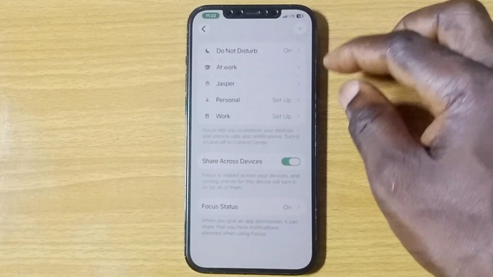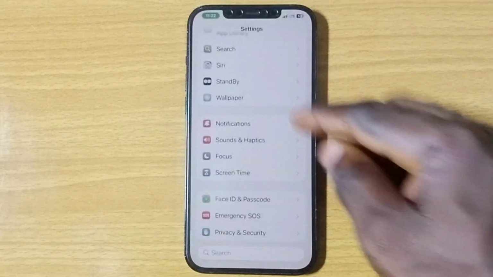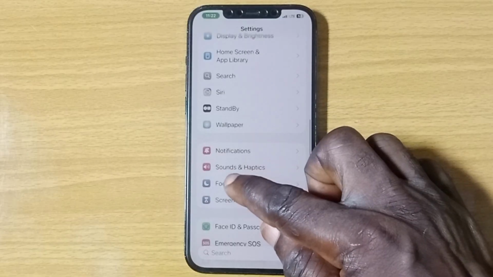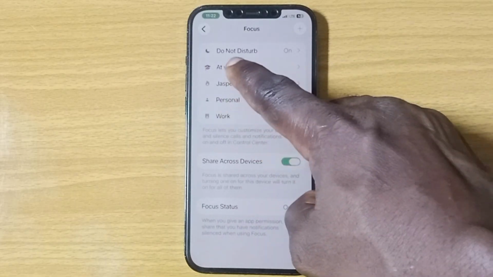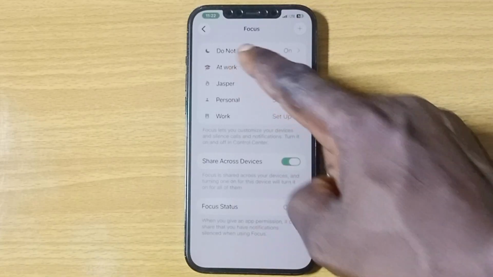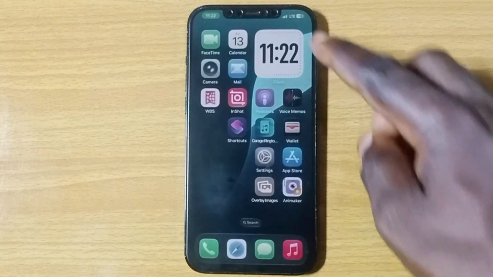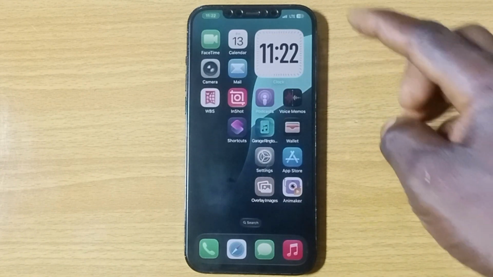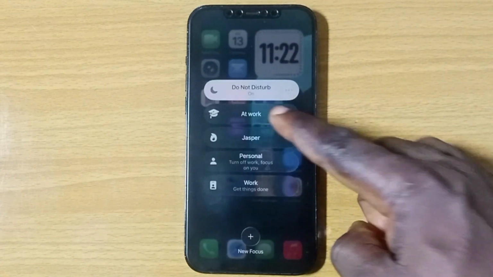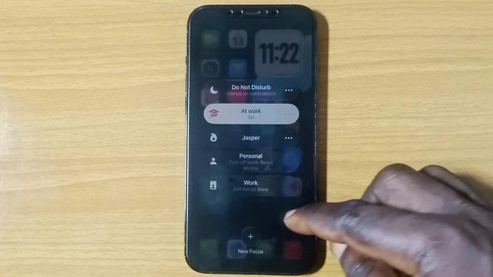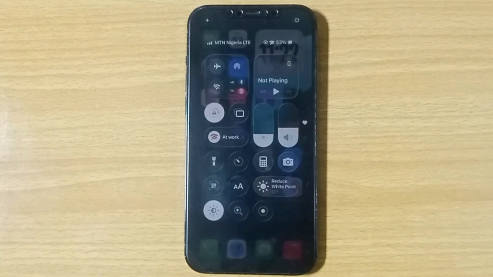So now that we've done all this, come back to this place. Then let's go and see the Focus again. You should see that focus has been added here. So each time you enable this focus mode, then you will not be distracted. Come over again to this place, tap on Do Not Disturb. You see the focus mode here. So guys, that is all to customize your focus mode,